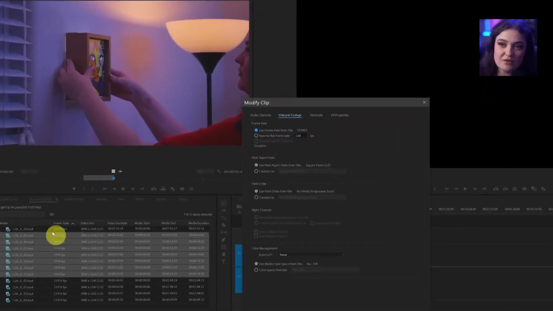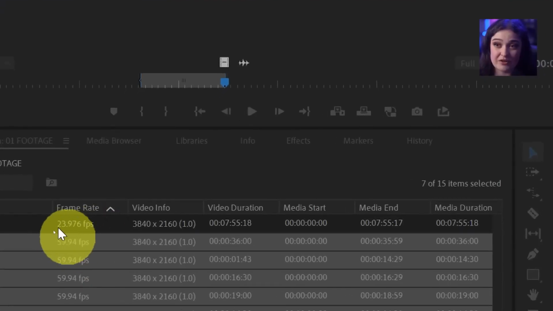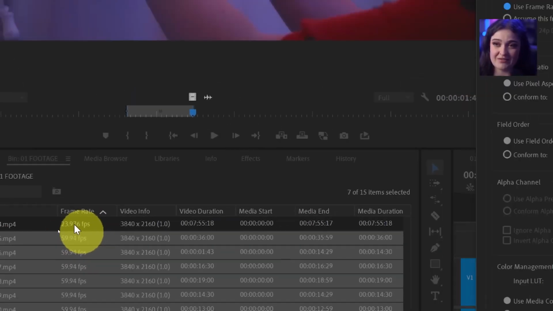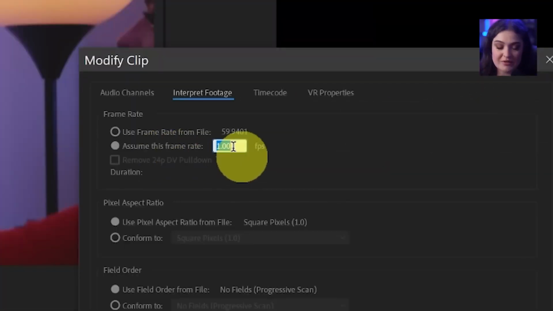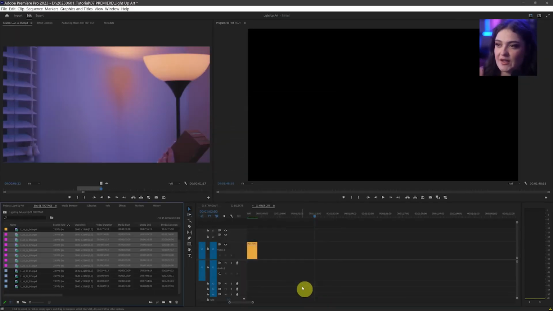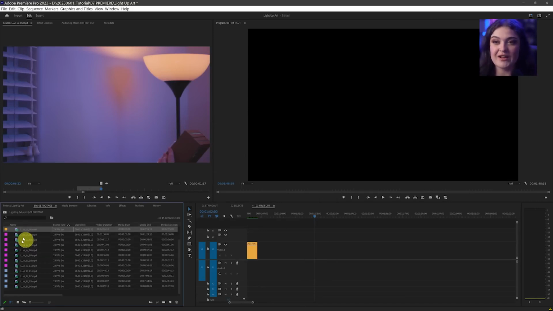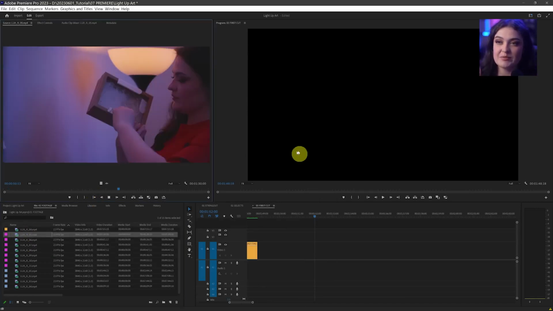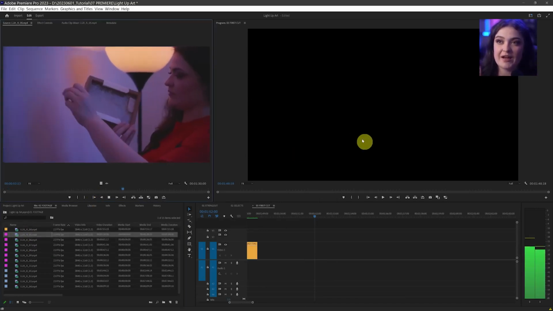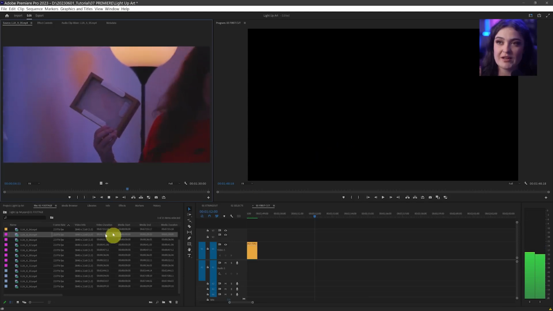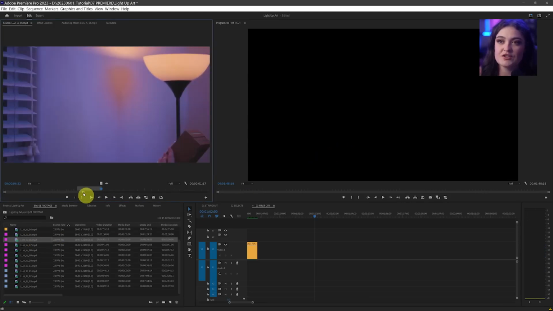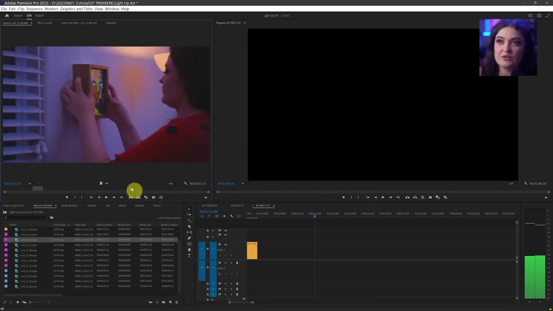And what am I going to assume? Well, I'm going to assume the frame rate of all the other clips, 23.976. So I'll assume this frame rate, 23.976. I'll press OK. And now when I click on any of these clips, they play back in slow motion already. So I'm going to have to set a new in out point,